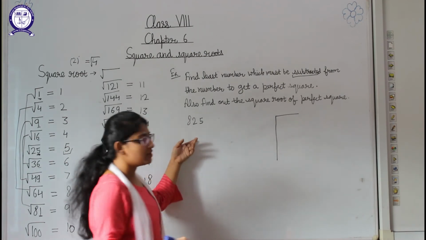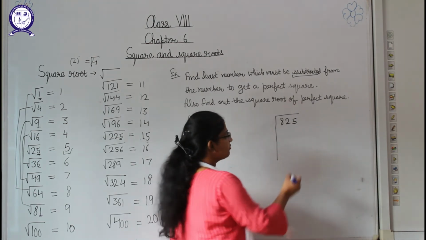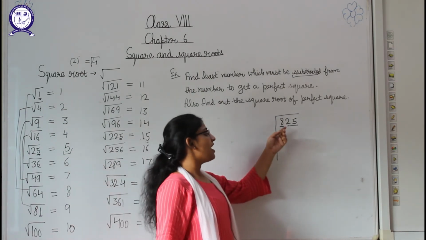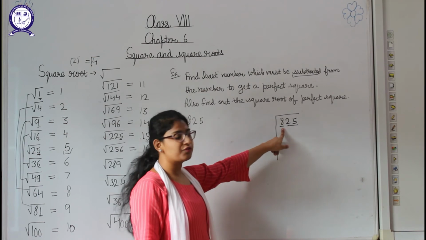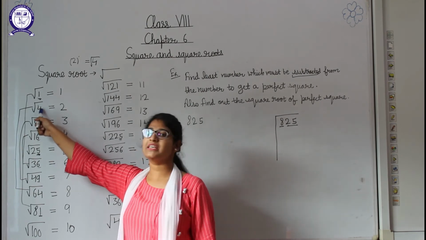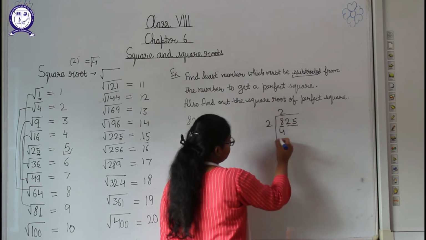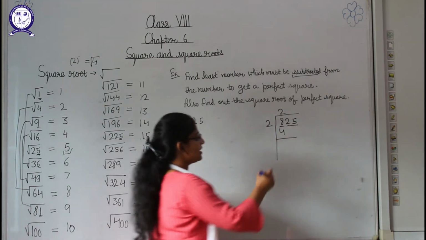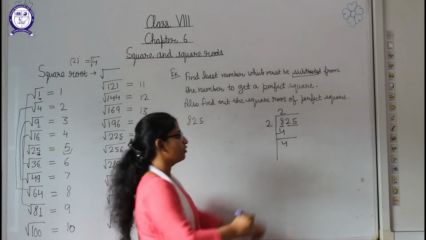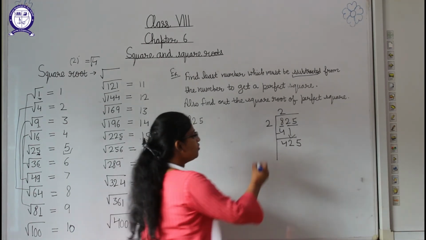So what is the number given to us? 825. So we will write 825 here, then we will make the pair from the end. So here 25 will be the pair and it will remain as it is. Now we have to find a perfect square number that can be subtracted from 8. If we take 9, then 9 will be greater than 8. So we will take 4 as our perfect square number. And how will we get 4? 2 2s is 4. Now 8 minus 4, our answer is 4. Now we will write down this pair, and this is 25. Now here what will we do?